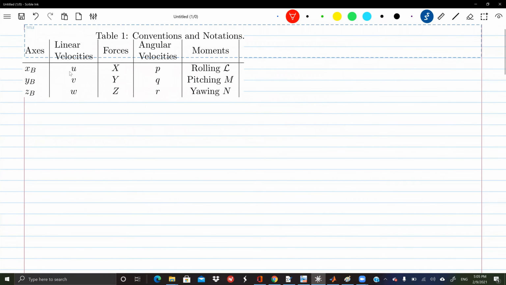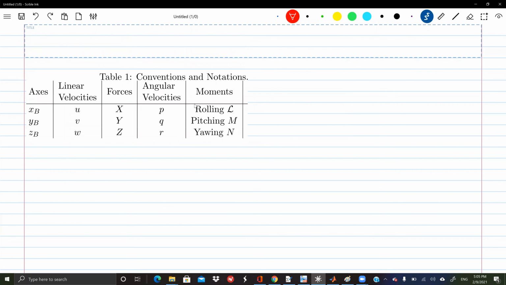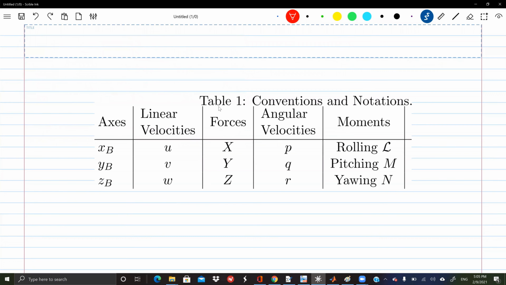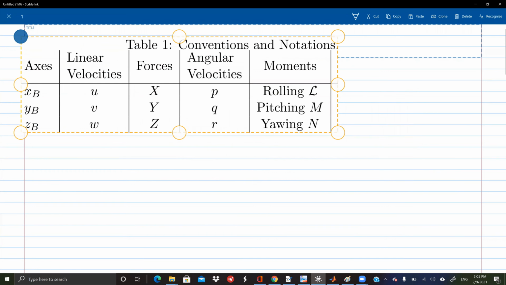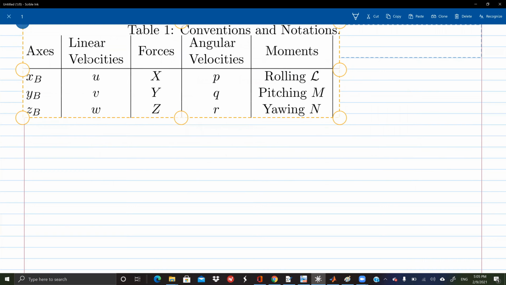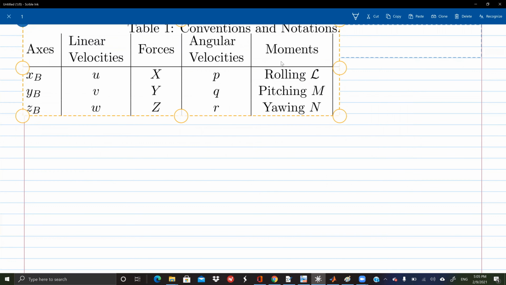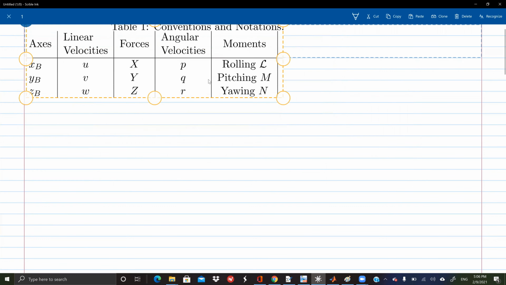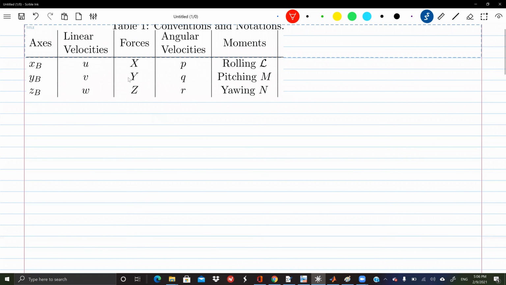Our axes, x, y, z, linear velocity. Anyway, axes, our velocity components, forces, and these large x, y, and z, as we discussed last time, they